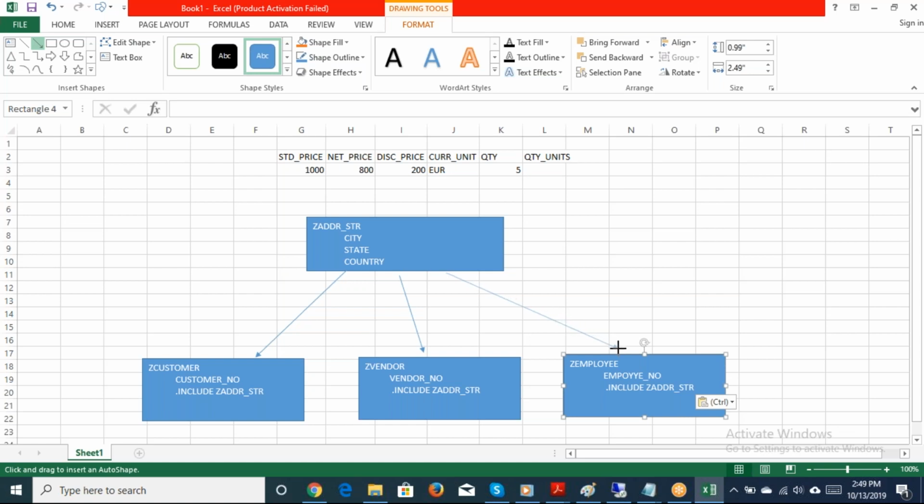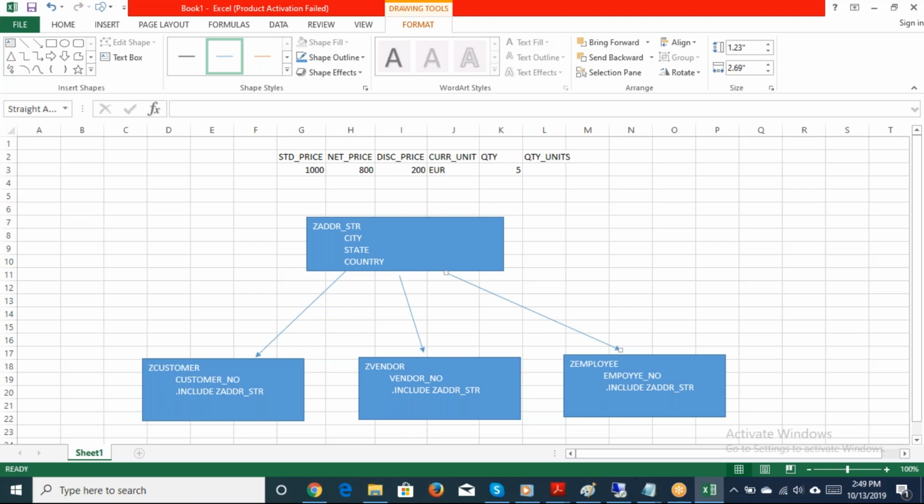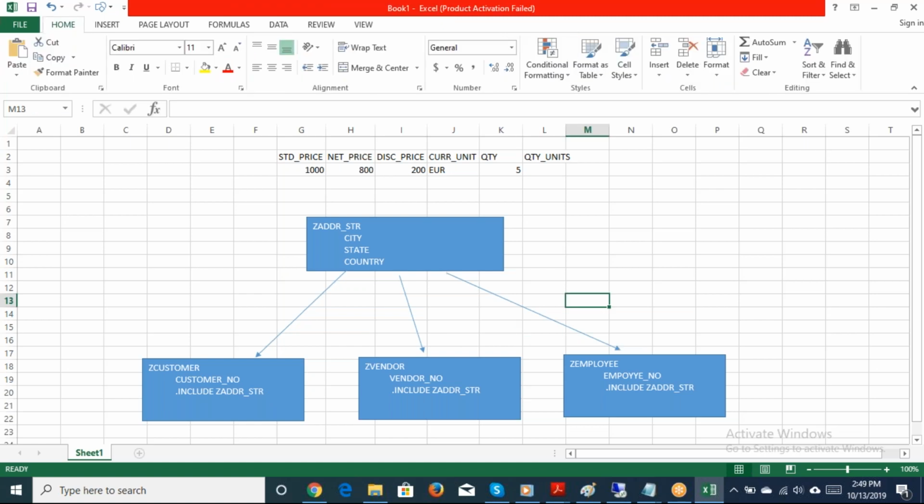Now what is the advantage of structures? Reusability. You create a structure once and you can use it in n number of tables. That's the meaning. Now if you go to real-time examples,